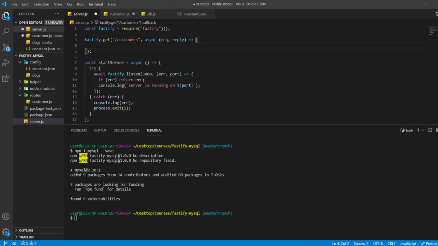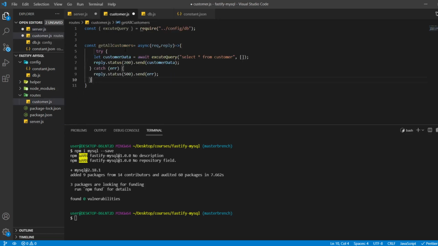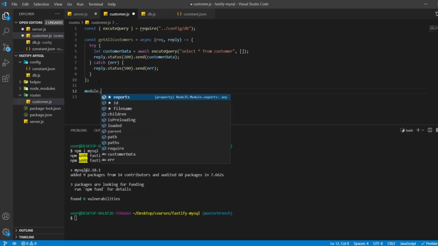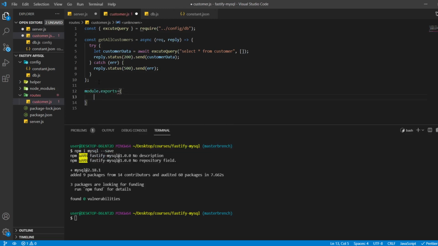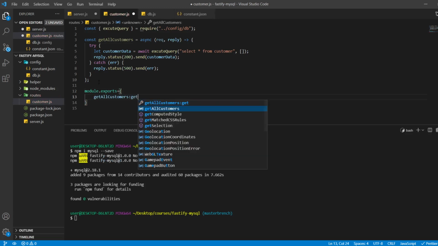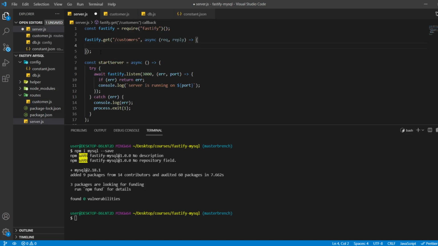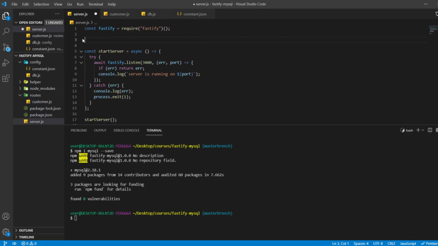Paste it here. And simply we can export this, module.exports equal to getAllCustomers, like this. And from here we can remove this stuff.